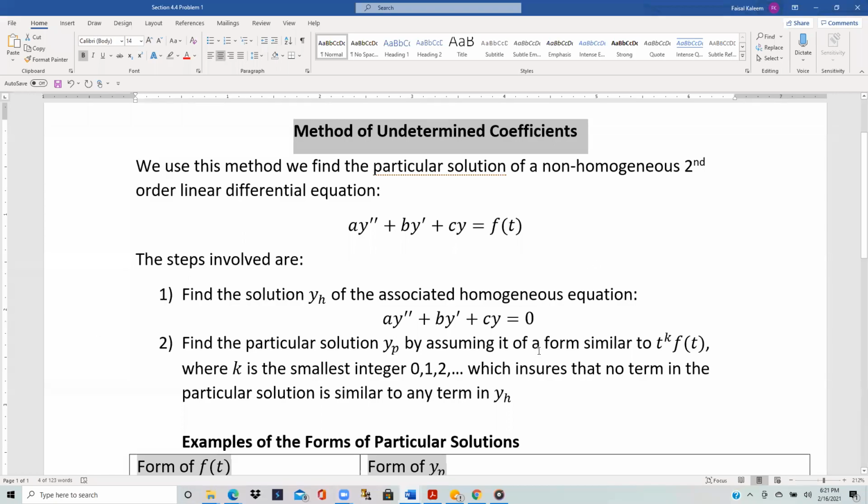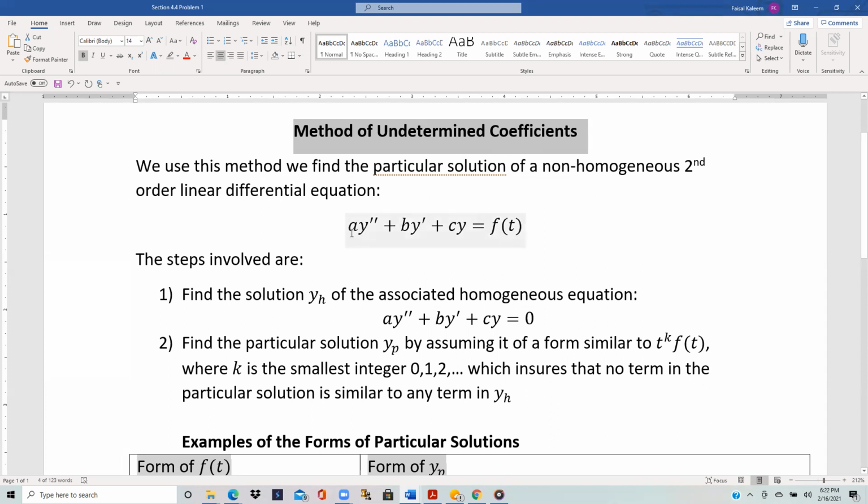Okay, this section is about the method of undetermined coefficients. We use this method to find the particular solution, which I'll explain below, of a non-homogeneous second order linear differential equation. So remember, in the previous couple of sections, we studied homogeneous second order linear differential